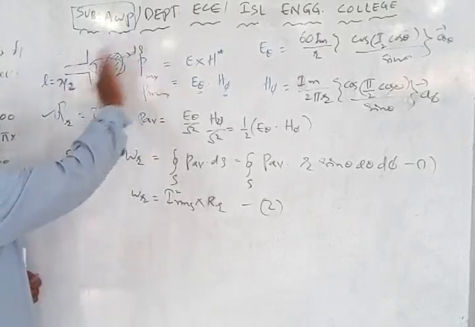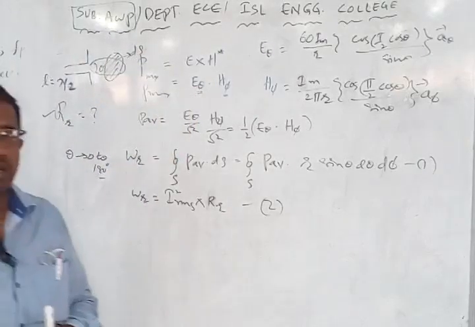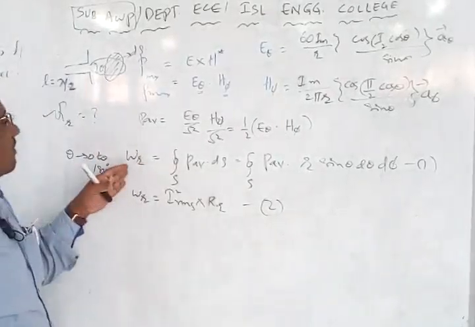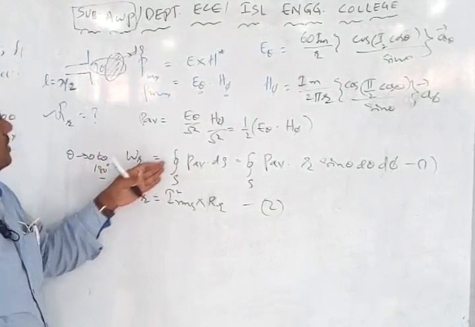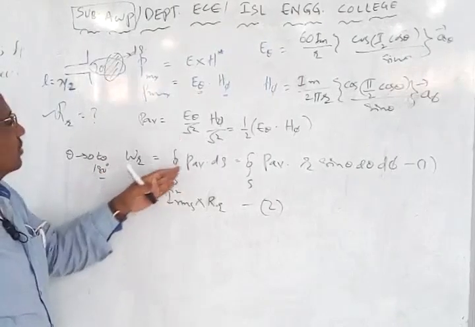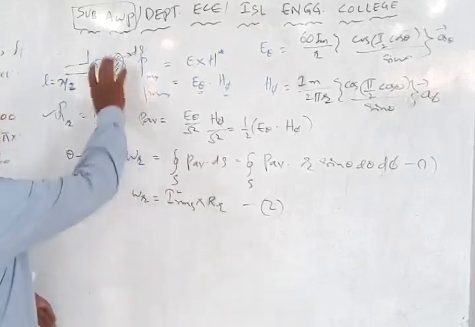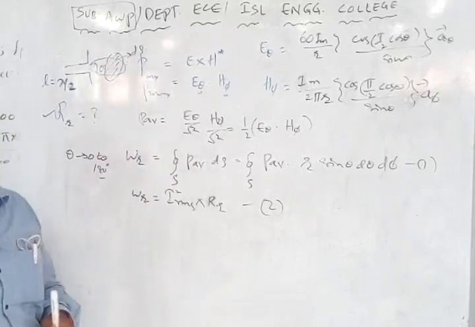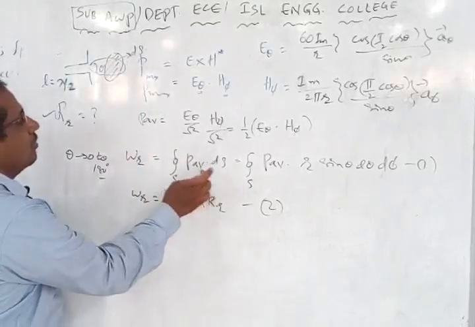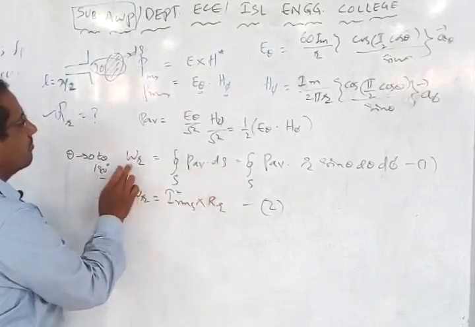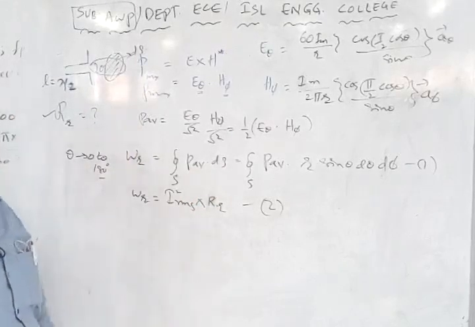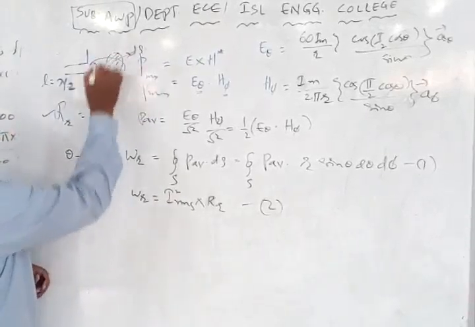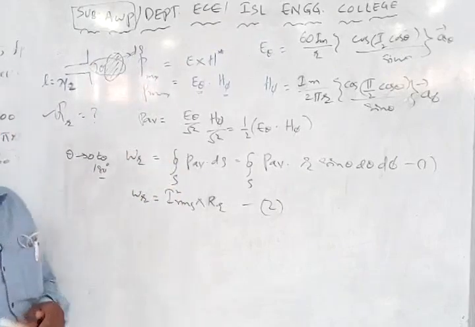Through this surface area, how much is the power which has been radiated? That is the formula I am writing here. The formula for power radiated is equal to the integration of the average power over an infinitesimal, or a small amount of surface area. Over a surface area, I am going to find the power radiated by applying the integration. What is the integration? Closed loop. Closed loop means that over this entire closed path, I am going to find the power radiated.